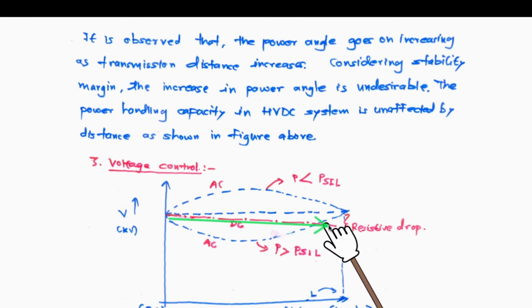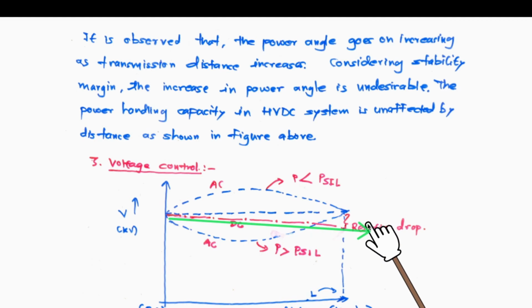The characteristic for DC is all the way very much flat, and it is restricted mainly by the resistive drop. There is no inductance or capacitance effect. Generally the resistive drop is very small, and consequently the DC voltage profile with increasing transmission distance is absolutely flat. Here the diagram is somewhat indicative, but this gap is not very huge. It's a very small gap as far as DC is concerned, because it's only the resistive voltage drop.